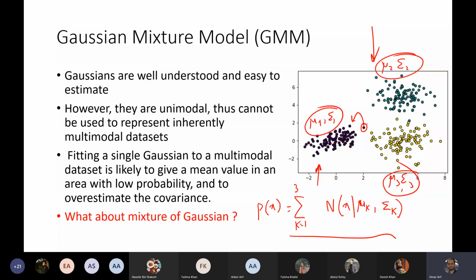Yeah, let's look at some other point. Okay, maybe a point over here. Okay, let's look at this point. So the probability that it belongs to this cluster may be 0.7. The probability that it belongs to this cluster maybe 0.1, and the probability that it belongs to this cluster maybe 0.3. I'm just giving an example. If you add all these probabilities, 0.7 plus 0.3 plus 0.1 will become 1.1, which is more; the probability becomes bigger than 1. We don't want that. So that is why we also need to multiply it with